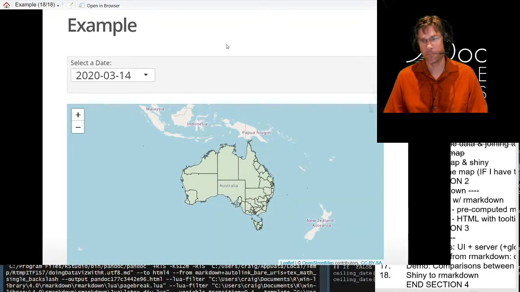And I drink my tea, so there we go. Now the country's all the same color. And if I want to see the impact of